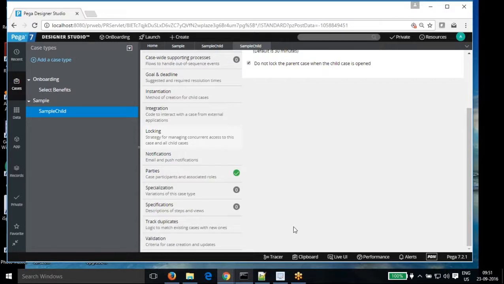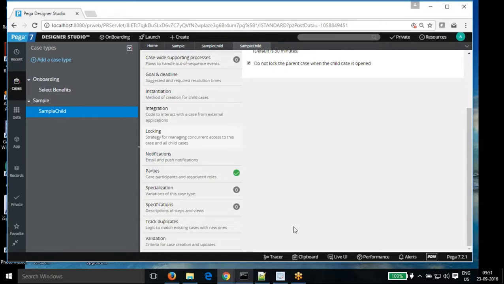So if you see an example, a candidate we are going for an interview, and you got the same candidate's resume from 5 different agencies. So that created 5 cases for you for the same candidate. Now you want to process only one. So the other four of them you want to reject. You want to mark them as resolved duplicate. So in that scenario, we can use the track duplicates.